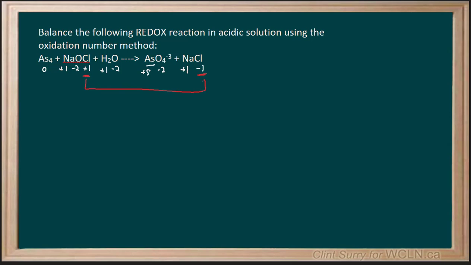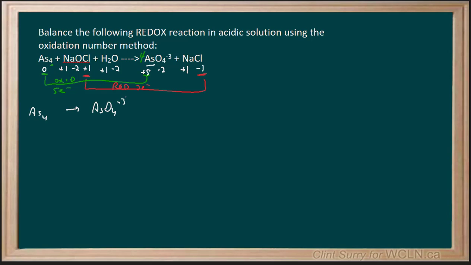This here is a reduction by 2 electrons. We also can see this goes from 0 to +5, so that there is an oxidation of 5 electrons. It is further complicated by the fact that there are 4 here, so we do need to multiply this by 4. To make this a little easier to see, I'm going to write out the As4 going to form